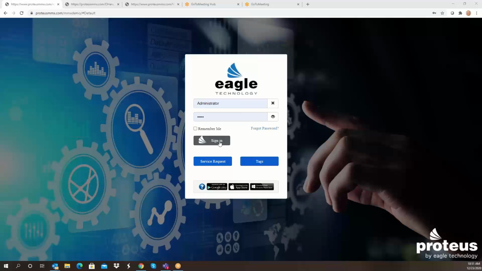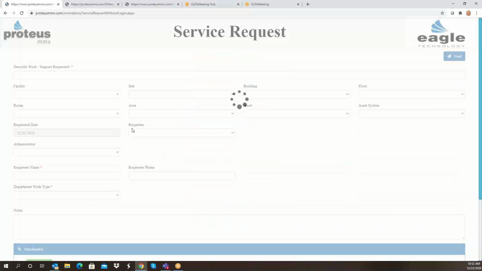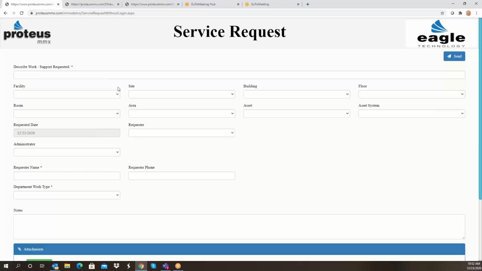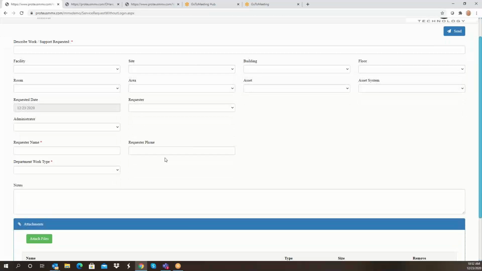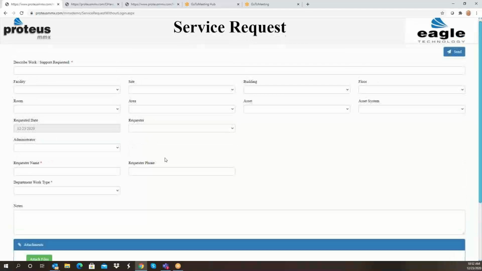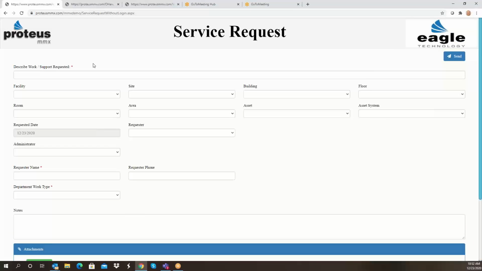On the login page or sign in, you see service request and tags. The service request field can be used by office personnel or people requiring specific types of help, like a meeting room setup or some type of future work, where they will describe to you what work needs to be done. This is not from the factory floor, but potentially from engineering or quality or safety, somewhere like that, that